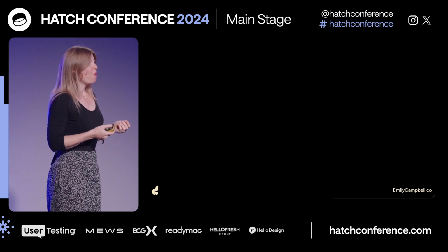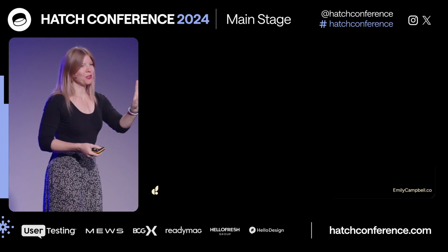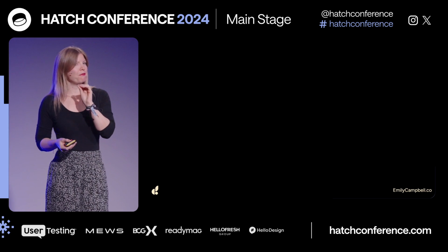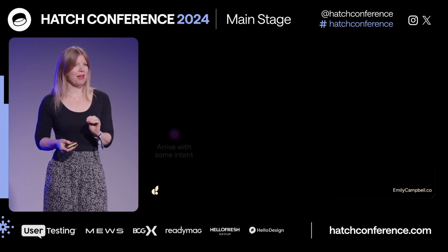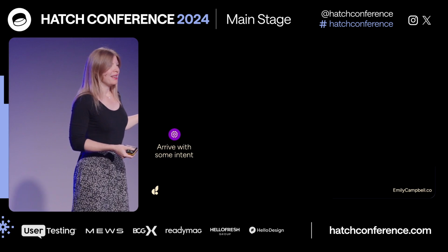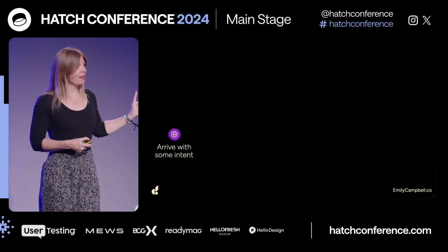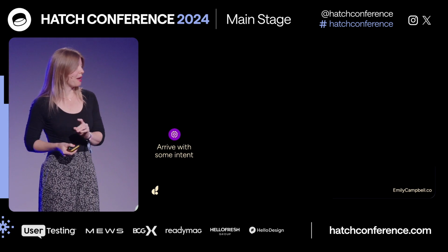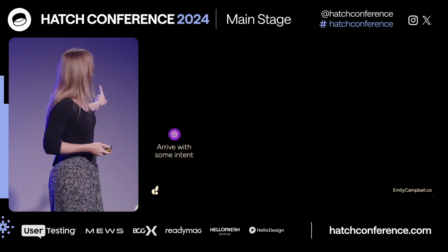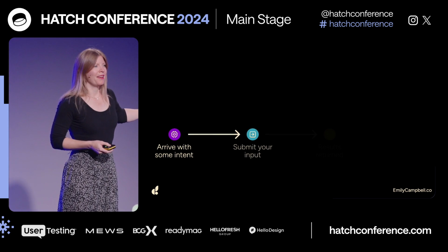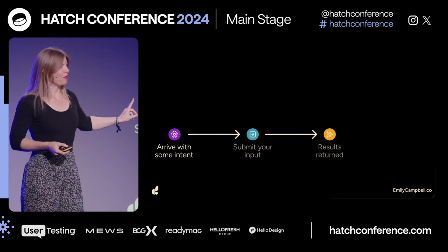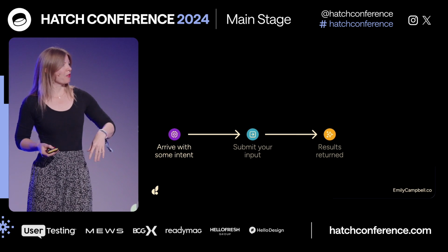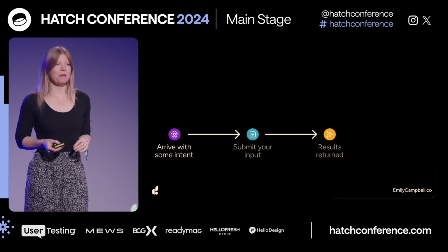Okay, why AI? Maybe, and this is what I want you all to leave with, maybe AI actually can help us fix this problem if we're intentional about it. Maybe AI can help us get that agency back if we use it in the right way or in an intentional way. So think about this. Somebody comes in with some intent, and they want an answer. That's our basic model. That's where we started. But now there's everything in the middle. Now there's all those algorithms. Now there's all that content. Now there's all those people.